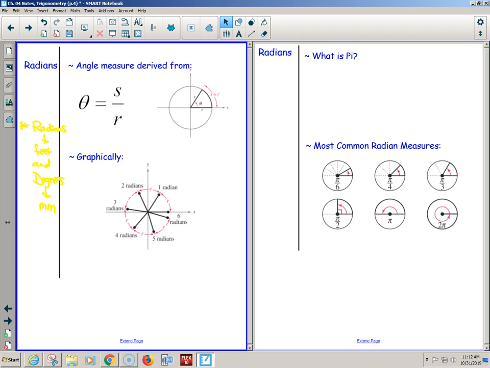And I want you to think of what you're actually doing. So down here, do you guys see the circle? That's kind of been split up into 1, 2, 3-ish, 4-ish, 5-ish, 6-ish pieces. It seems like there's 1, 2, 3, 4, 5, 6 of these and a little bit more. And to get halfway, there's 3 of these and a little bit more. To be specific, to get a half circle, it's 3.14159, and to get all the way around it's 6.28, blah, blah, blah.